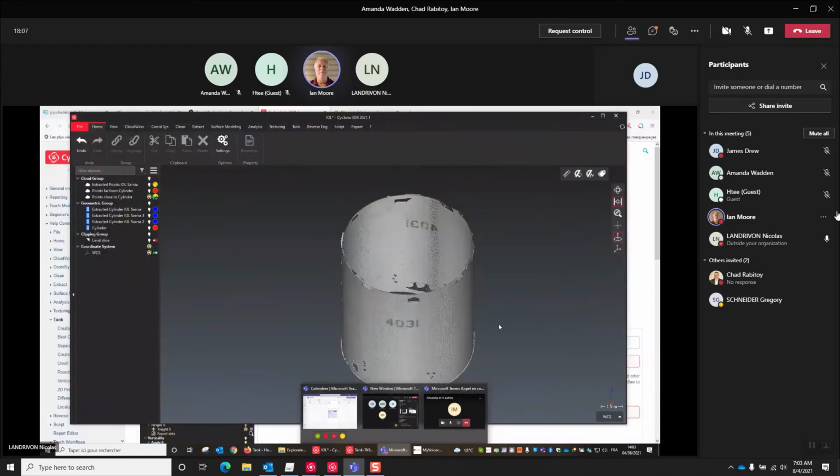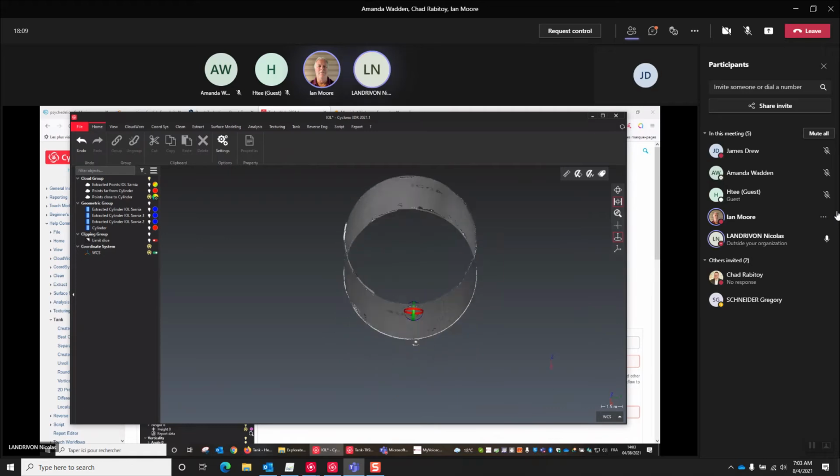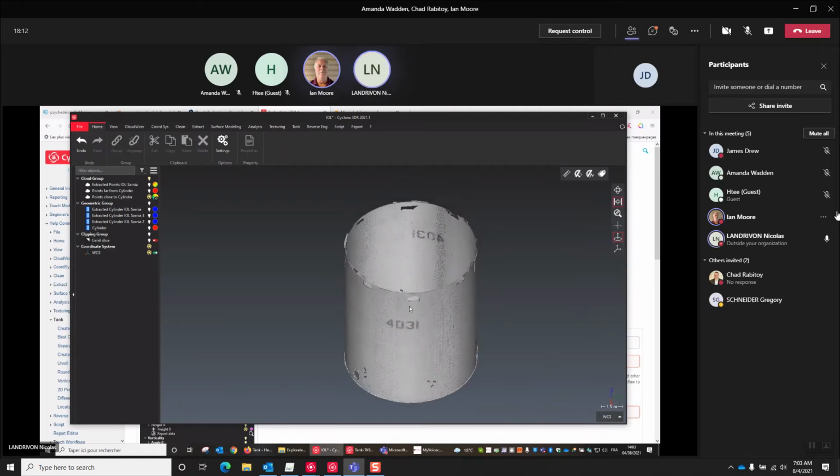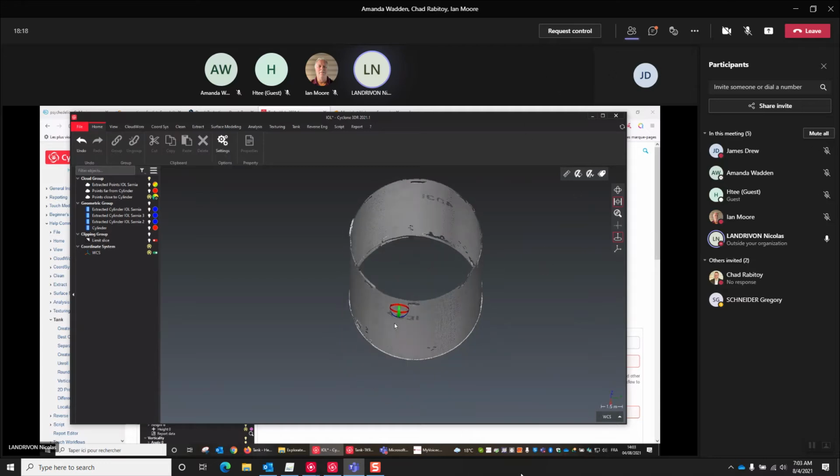Okay, so what we're going to do, probably, if you don't mind, we can focus on this simple model in order to move through the workflow, to check the roundness and to see the different steps.